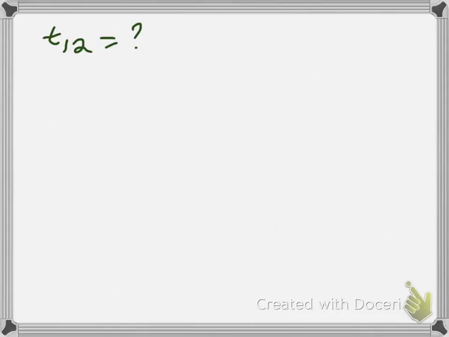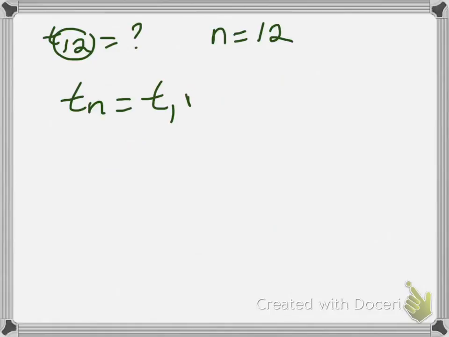Well, I know that my n value is going to equal 12, because that's what we're looking for. So t sub n equals, I'll just write down again for you, t sub 1 times r to the power of n minus 1. We know that our n is equal to 12, so we can fill it in to t sub 12, which is of course what we were given,